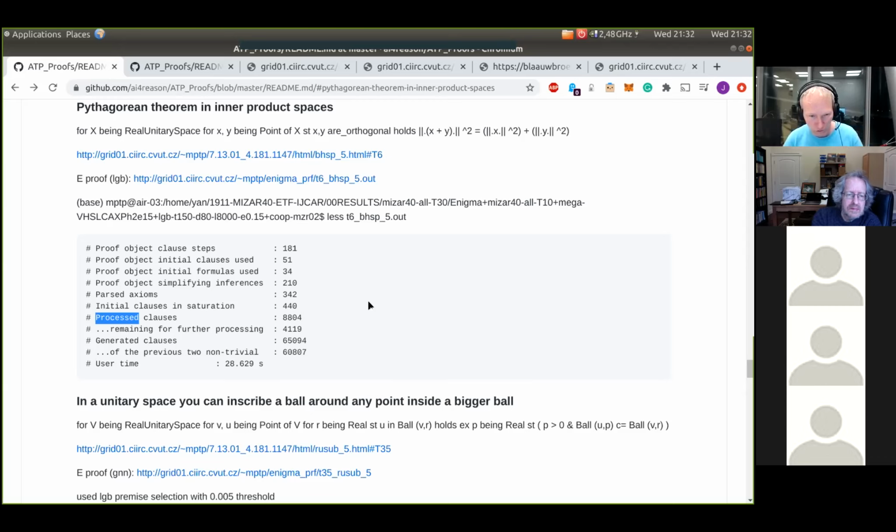So that's a so-called given clause algorithm, which is basically the strongest paradigm for automated theorem proving today. You can see that of the, let's say, 61,000 non-trivial generated clauses, we have selected something like 4,000 clauses for doing the inferences using the trained guidance. And the guidance at this point was trained on something like 500,000 proofs that were generated initially just by running